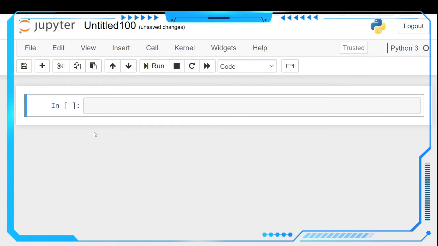Let's see how we are going to use this map function in Python.